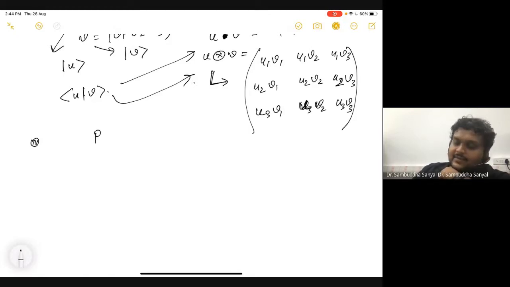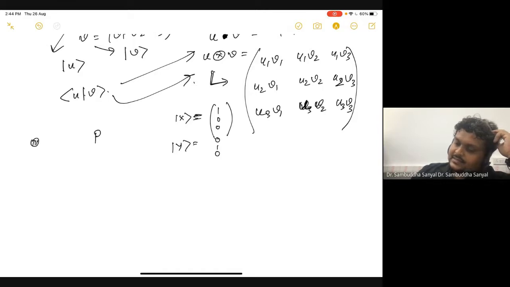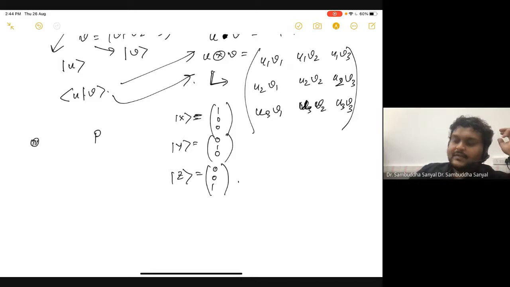So if you remember that I kept saying this, if I take this example, that I have a vector. So let me take a vector. So this is the x vector. This is the classical x, but I am writing in this abstract notation just to make you familiar. So x is basically 1 0 0, y is basically 0 1 0, and z is basically 0 0 1. Or I can call it 1 2 3, x y z, whatever you want. Now I can construct a P3.